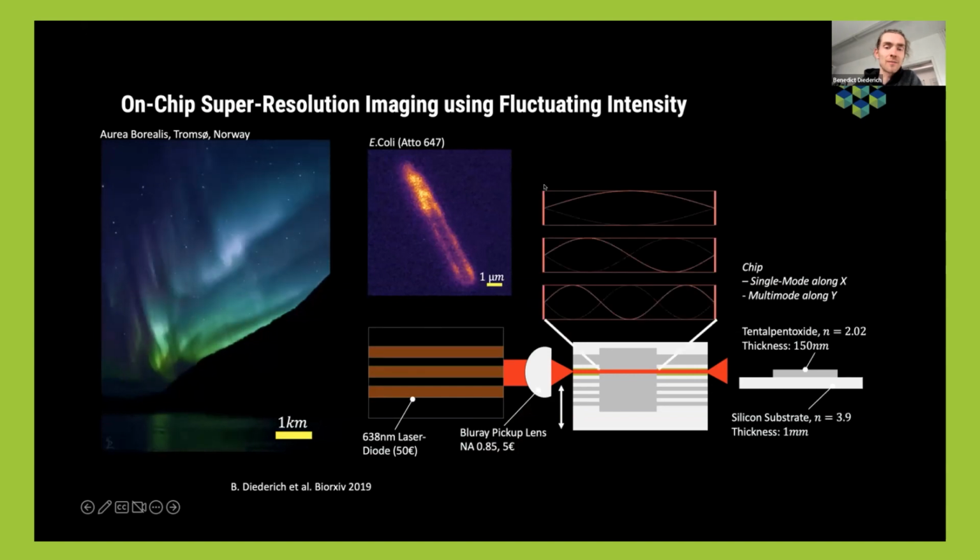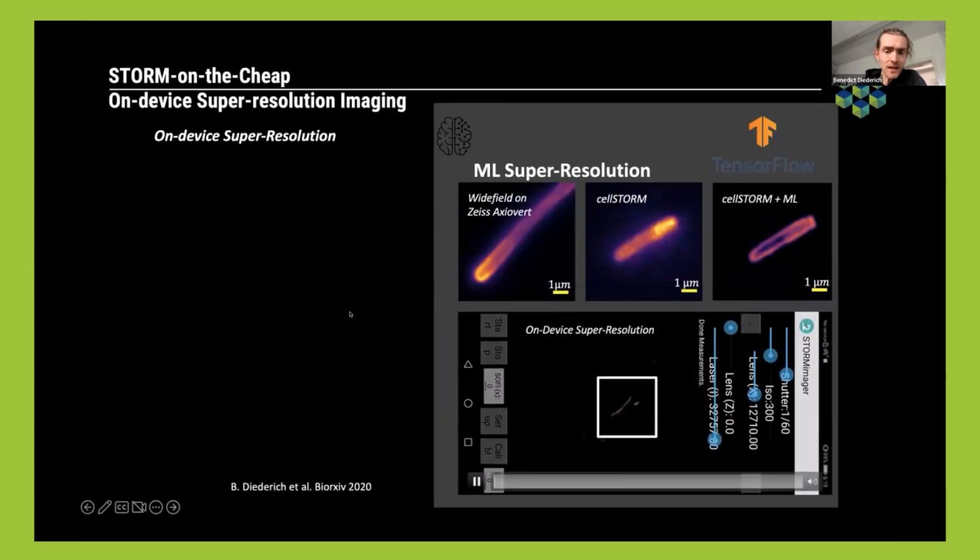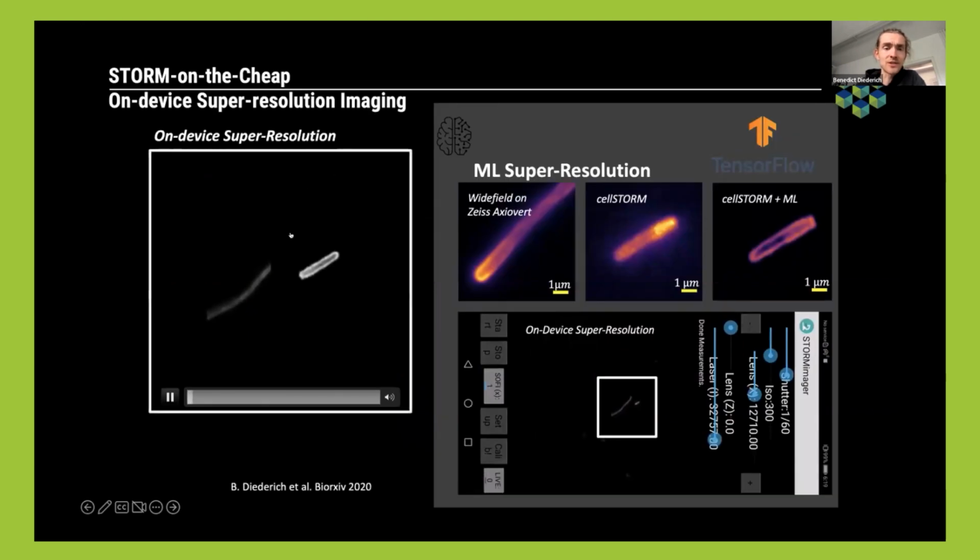For example, by just shivering the lens, you can excite different modes inside the chip, and then you can get this funny pattern which you can then use for example, machine learning driven super resolution. So we just tried one approach that's similar to the SURF from Ricardo Enrique's group, but purely running on the cell phone itself. So you ported it into a little Android app, and what you can see here is the